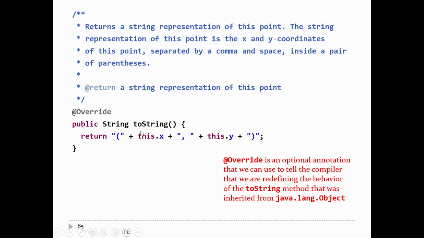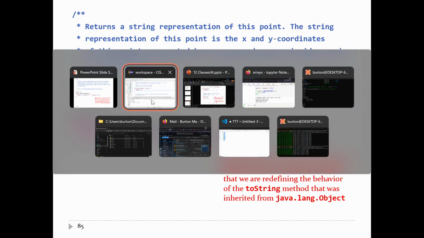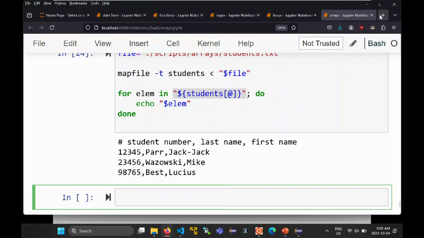Right? So we're trying to redefine this method called toString. So the compiler checks, are we actually redefining a method that can be redefined? How does it do that? It goes and looks in the object class, and it looks for a method that matches that exactly. So if you go and look in the object class, which we can look at the documentation for,